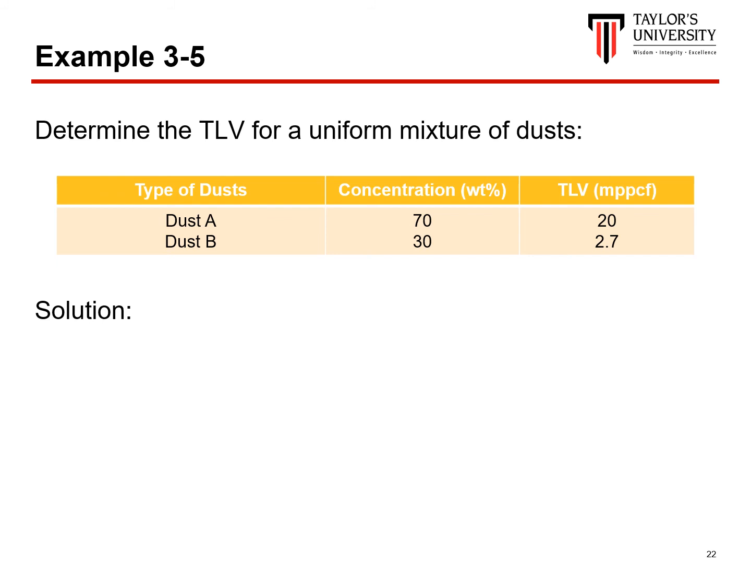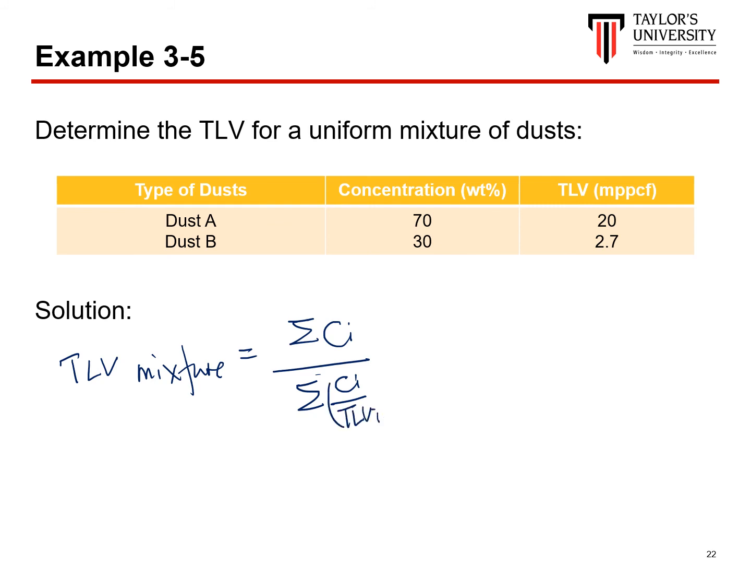So example 3.5 shows us two different types of dust, A and B, and for us to calculate the TLV level of this dust, we use the same formula, where total of concentrations over total of concentrations divided by TLV over here. So in this case, we have 70%, 0.7 plus 0.3